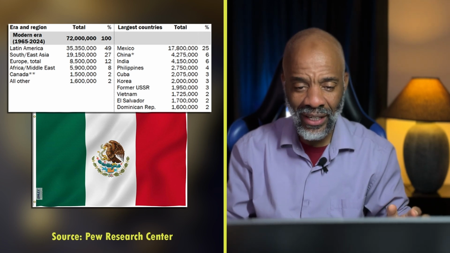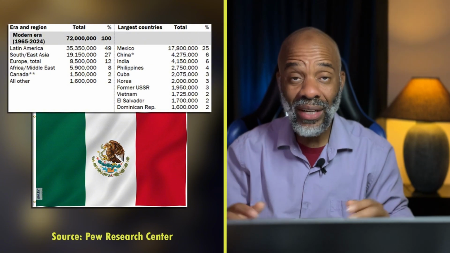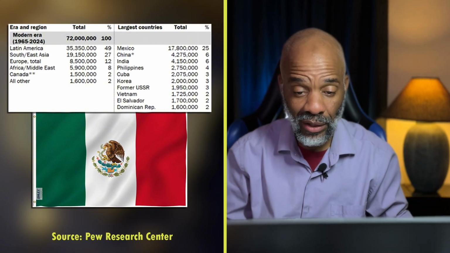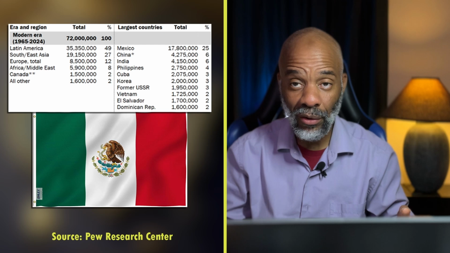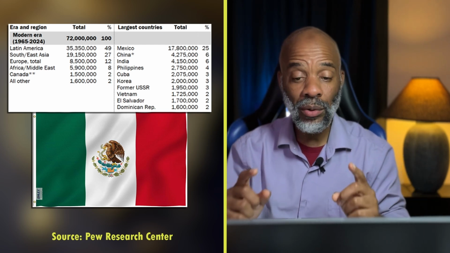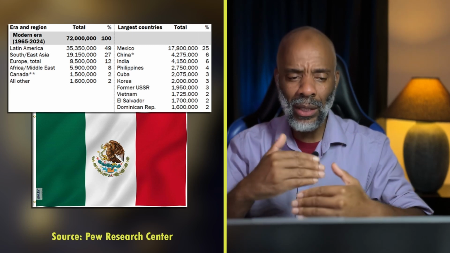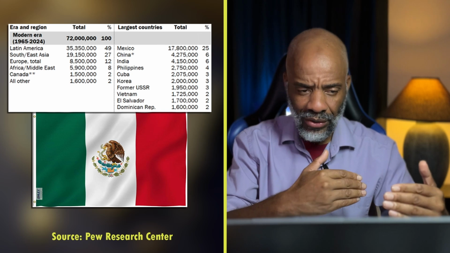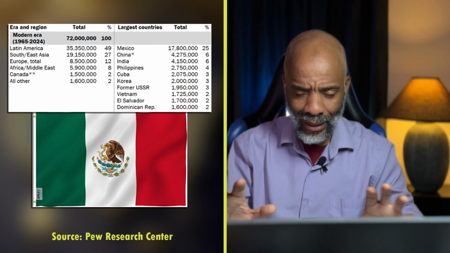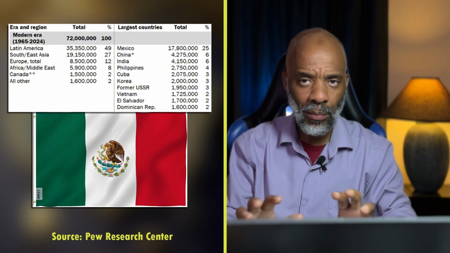But as you can see there, a little over half of the immigrants in this country are from Latin America, and the majority of them are from Mexico. So that's an important point to remember as we now go on this journey to really understand what's going on here with immigration and whether it affects the native-born populations.